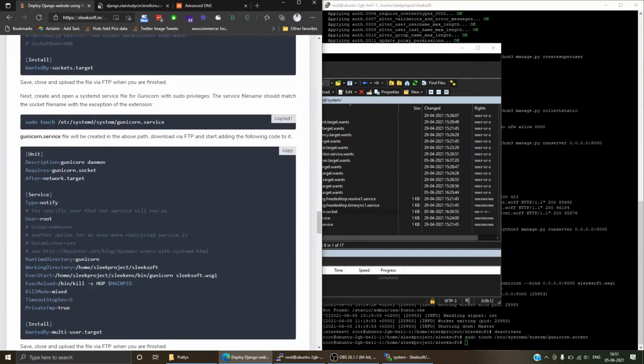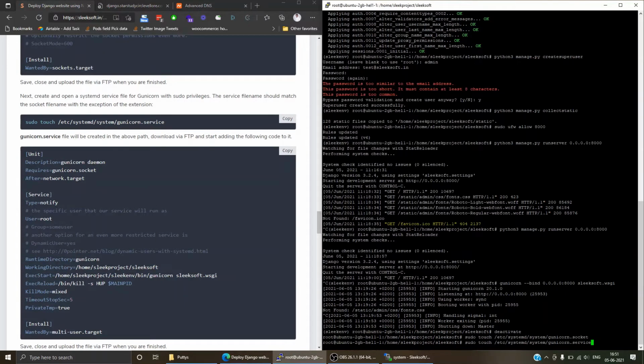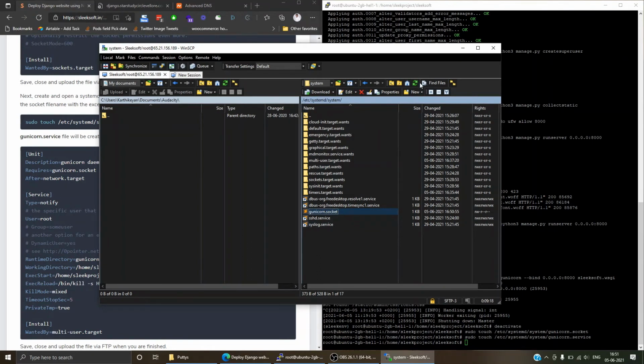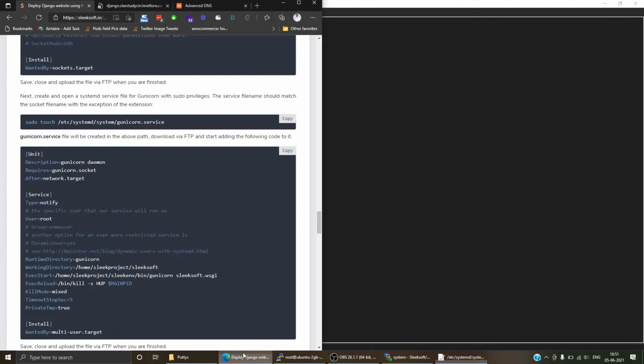Now if I go back and we create another file called service file, the same path. If I go to my, yeah, you can see that's the Gunicorn service file, right? If I open this and copy the content which I have here,